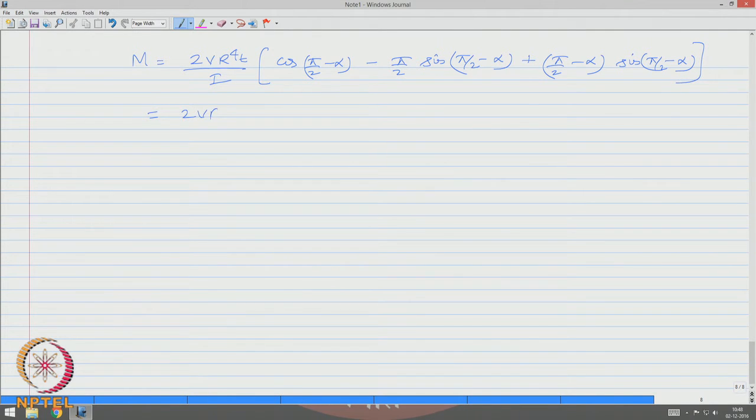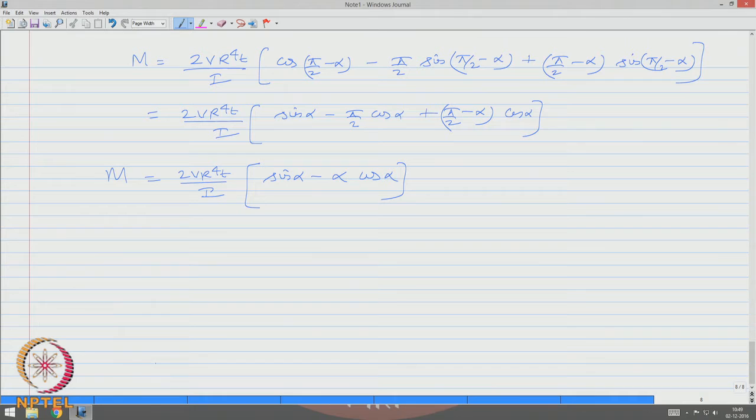Applying trigonometric rules, this becomes sin alpha, the second term becomes minus pi by 2 cos alpha plus pi by 2 minus alpha cos alpha, which can be 2 V r 4 t by I sin alpha minus pi by 2 cos alpha plus pi by 2 goes away, minus alpha cos alpha, that is my M. So, now this M should be equated to V into E,